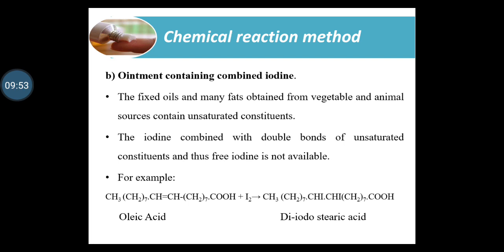The example of such type of ointment is iodine ointment non-staining, which does not produce any stain. It contains iodine, arachis oil, yellow soft paraffin, and it is directed as to be rubbed on the affected part 3 times a day. The method of preparation is powder the iodine and shake with arachis oil at room temperature until dissolved and maintain the solution at 50 degrees Celsius. Stir occasionally until brown color disappears.